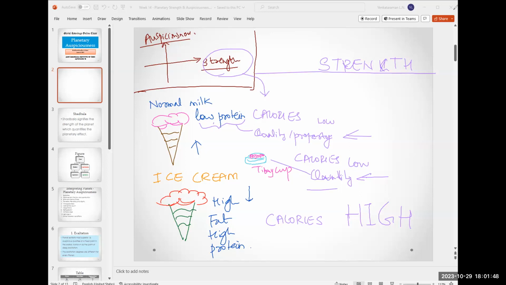a planet. But as learners, we can restrict it to what's given in the slide. At least we should become aware of these first before getting into finer details. But it's good to know that there are many more things, not just those mentioned in this slide, but many more things to look into when we are assessing the strength of planets. Okay, now I'll come to the second part, which is auspiciousness. Now, to understand that, let's say,